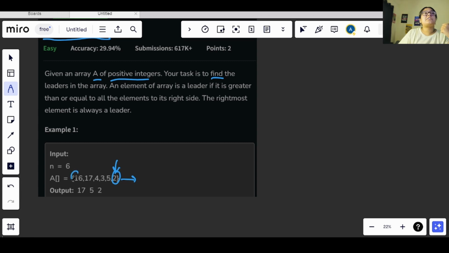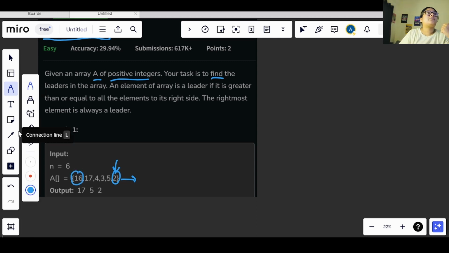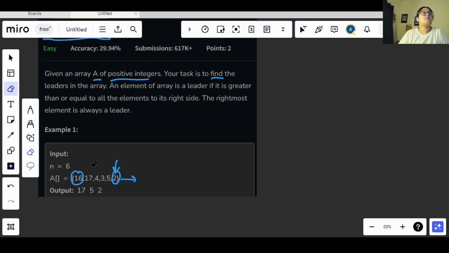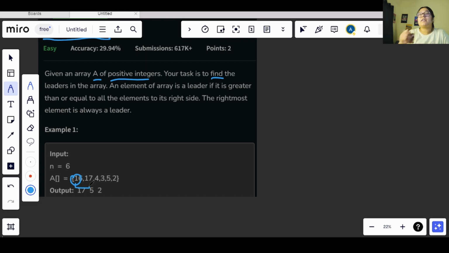Let me start from the left side first. We have 16. We need to check if we have any greater value after it or not. We have a 17 here, so this cannot be a leader, because it already has a greater value on its right side. So we will move forward.